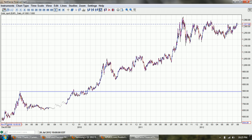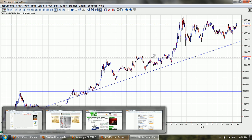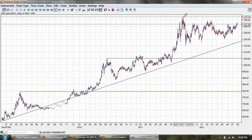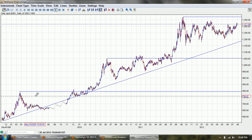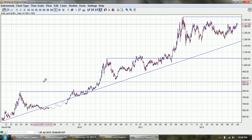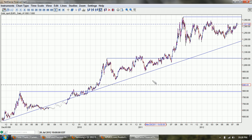You've got one here, and we'll draw it from down here. So you can see the breakout of that is where the move came, and you've got another one right about here, and you can see the breakout, same thing. And now we've got the current one, which does not quite equal the length of the previous two. This one here is about 9 months. This one is a little over a year, and this one here,